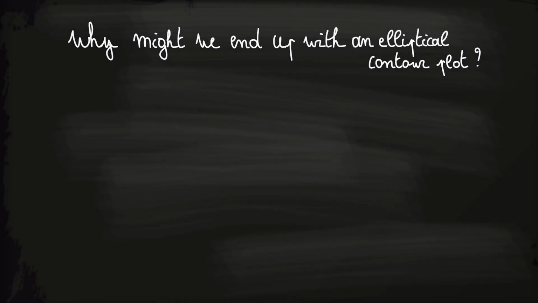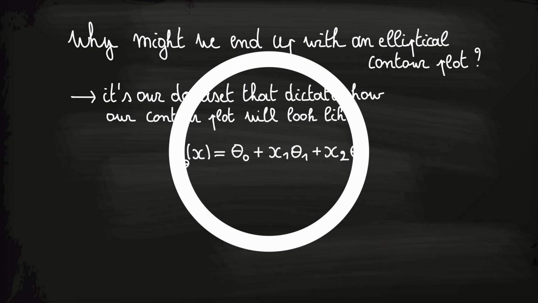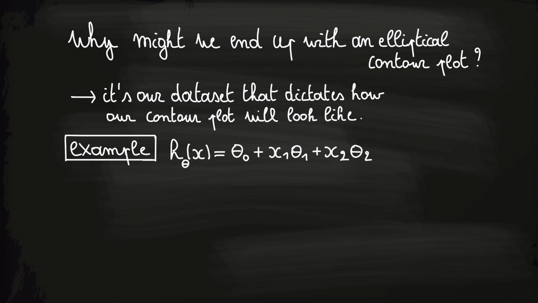To fast forward, it's our dataset that describes how our contour plot will look. To illustrate this, let's look at an example. Let's assume we want to predict the price of a car based on the mileage of the car and the age of the car. Then we get a hypothesis like this one, with x1 equal to the mileage and x2